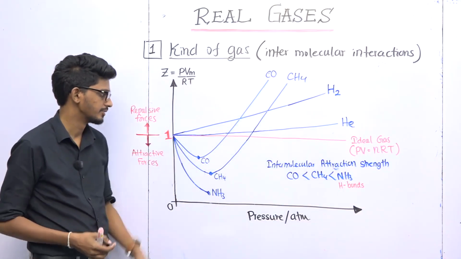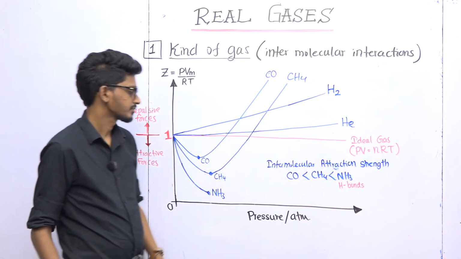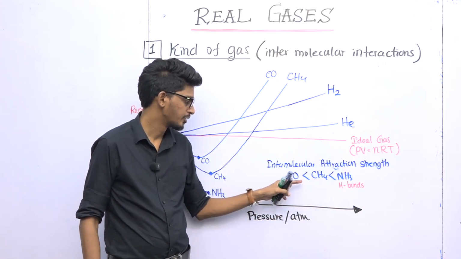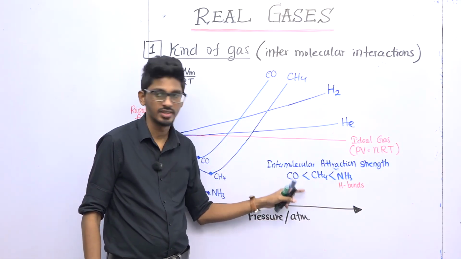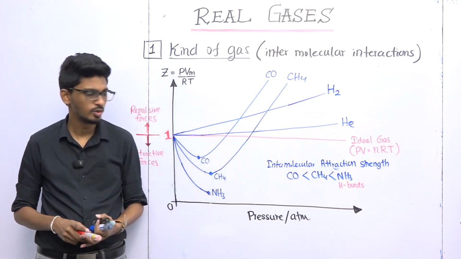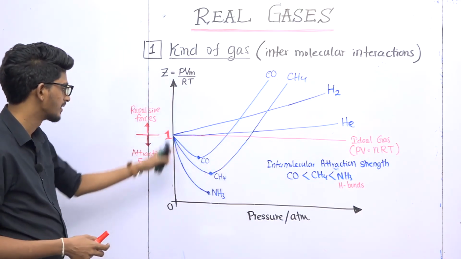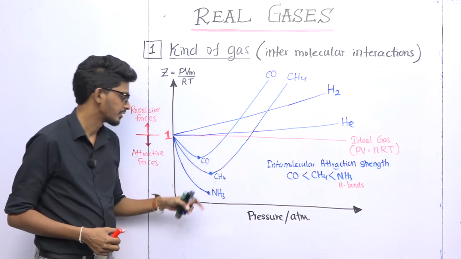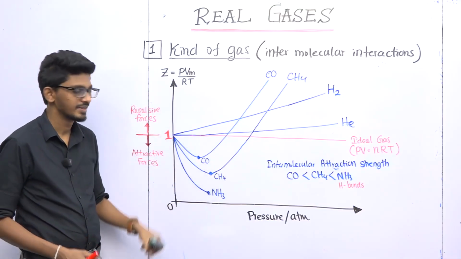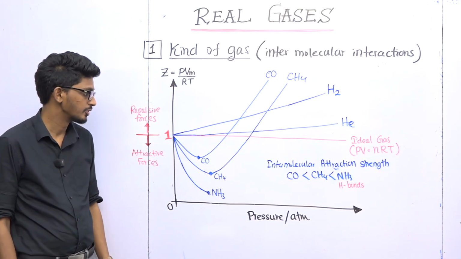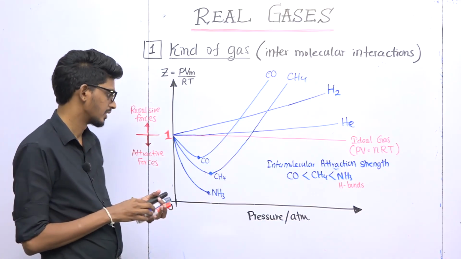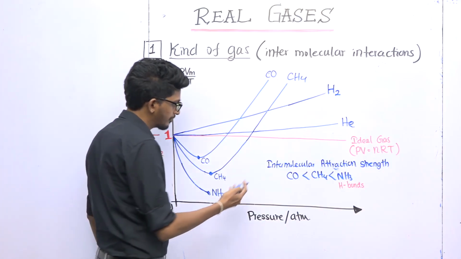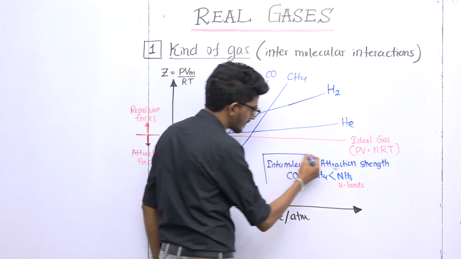That is also confirmed here. If you look at this, the intermolecular attraction forces of CH4 are greater than carbon monoxide. It's a very special thing to observe from this curve, which appears in the resource book. According to this curve, the attraction strength of CH4 is greater than carbon monoxide. It's a very special situation, because with the knowledge of unit 2,